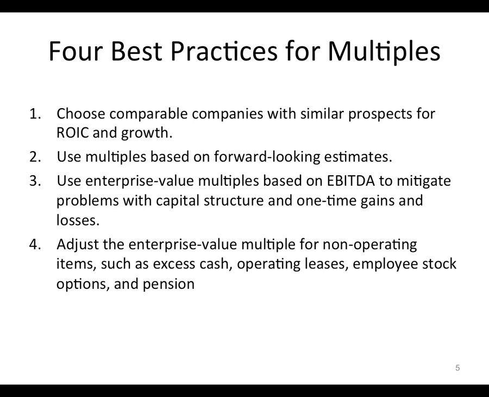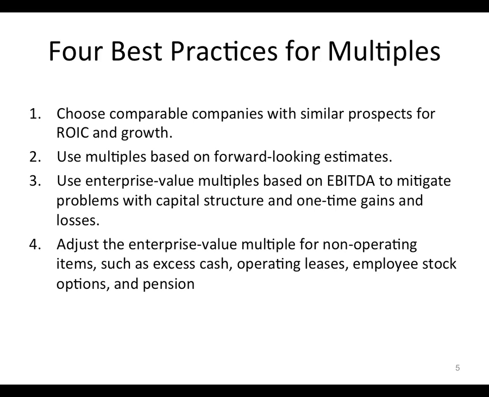You want to find companies that have similar growths and ROICs. You want to use forward-looking multiples. You want to generally use enterprise value multiples wherever possible because they're less prone to distortion. And you got to be aware of things that will distort a multiple, particularly non-operating items, difference in tax rates,